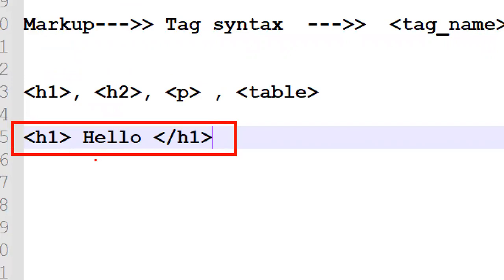Now after developing this HTML code, whenever we are executing this HTML program, at runtime, HTML will ignore all the tags. Only the content between the tags is going to be displayed on our application as our web page content. All the tags are ignored.